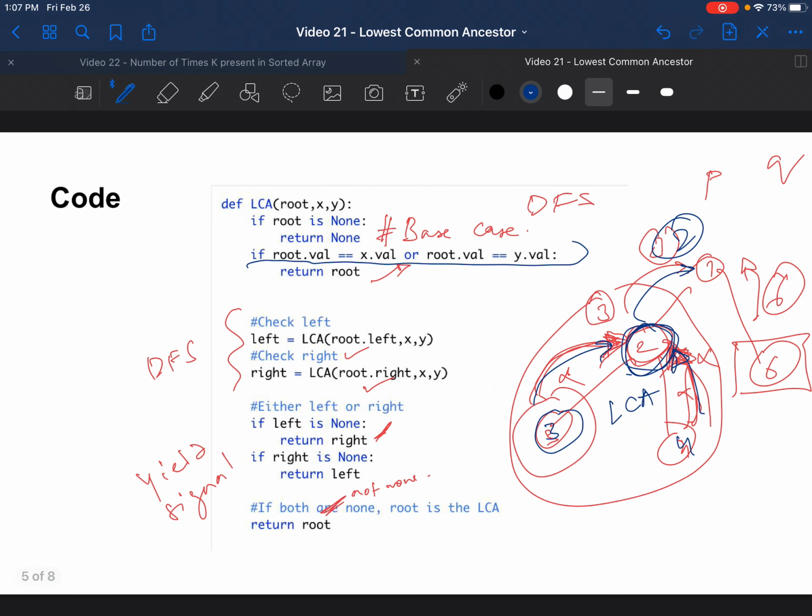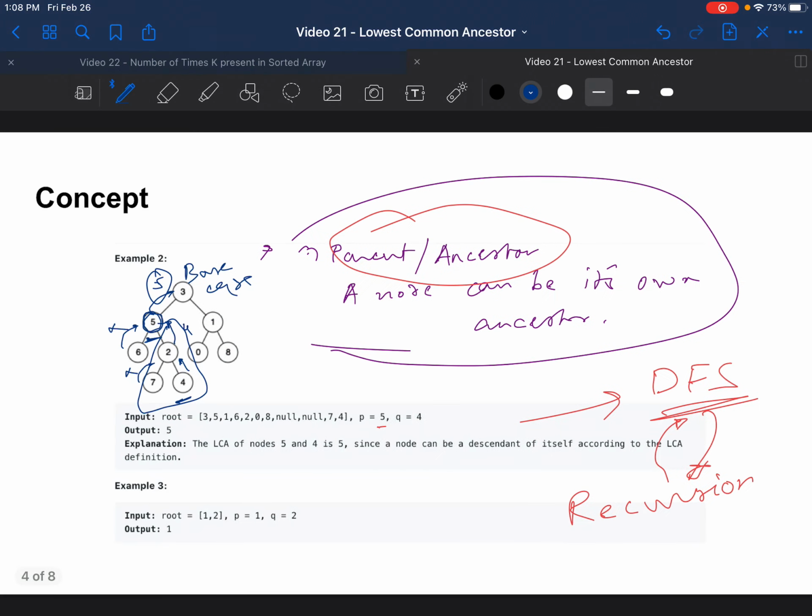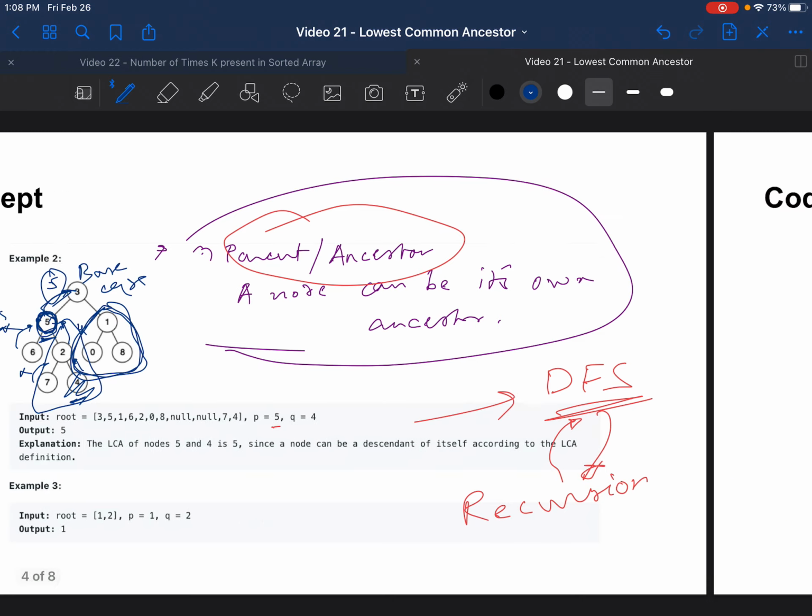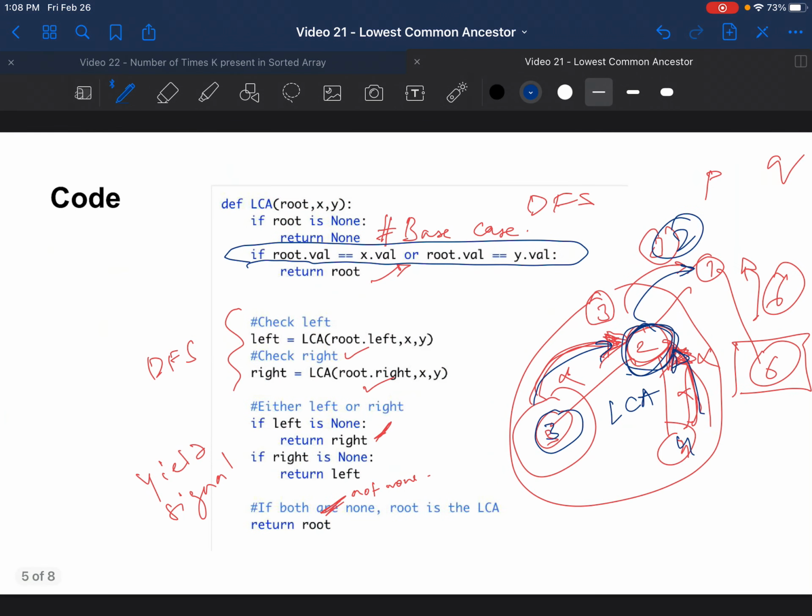So it does not even need to do all of this, because you have a base case where the value matches, which we wrote here. Because if you have gotten to a point where you've found a value and you're returning it, meaning you've not found the value on the other side, this is the value. So there's no value that's going to be found on the right as we do the recursion. We would not even go searching for 4 in that case. And because we couldn't find anything on the right, 5 is the LCA itself. I hope this made sense.